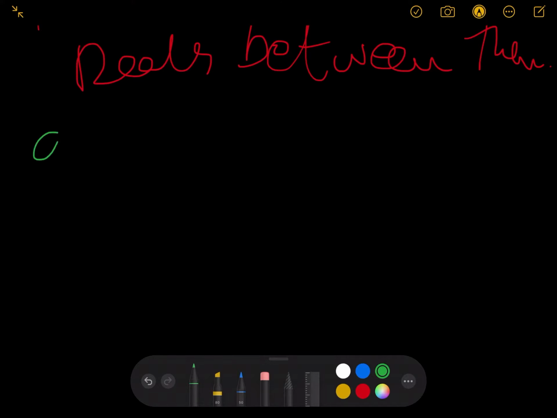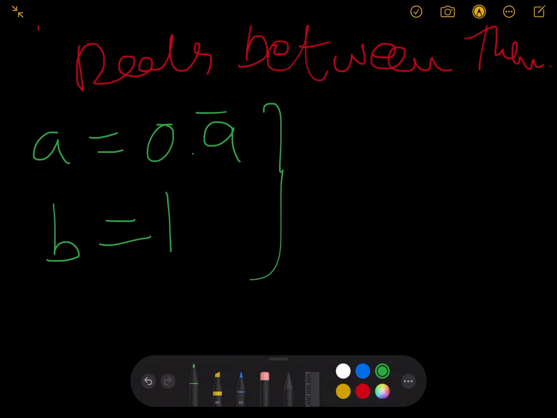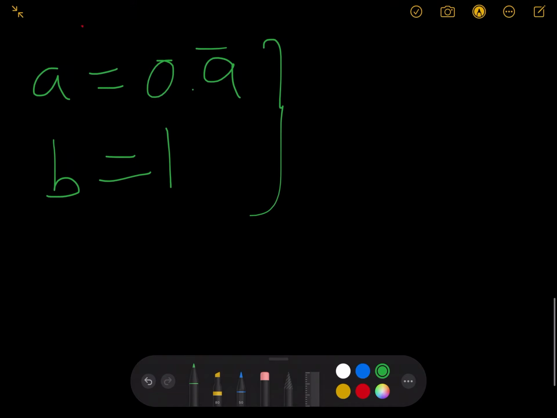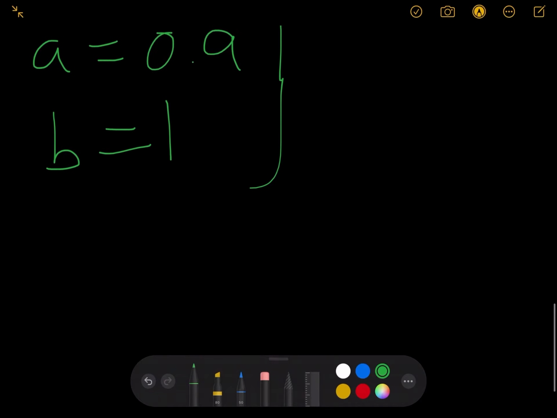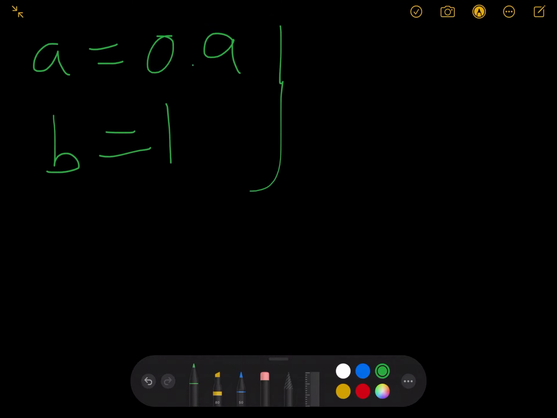So the first thing that we're going to do is take a equal to 0.9 with a bar, I'll just use that for short, and b equals 1. And we're going to try and prove the equality of these two. So we're going to do that by proving there are no real numbers between them. So how do we prove that there are no real numbers between them? Well,